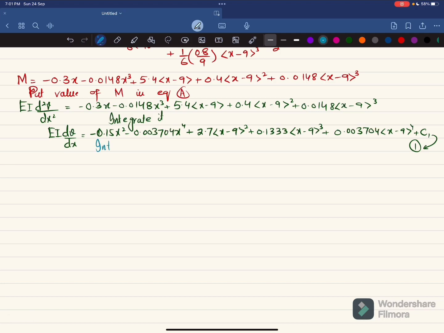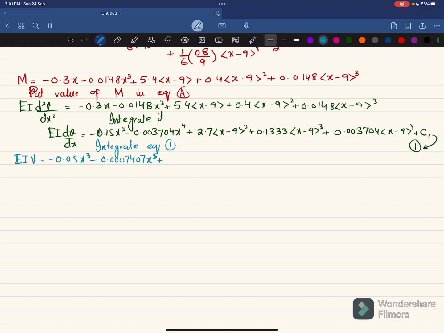Now integrate this equation 1. So you will get EI into v equal to minus 0.15 x cubed divided by 3, which is equal to minus 0.05 x cubed, minus 0.003704 x to the power 5 divided by 5, which gives 0.0007407 x to the power 5,